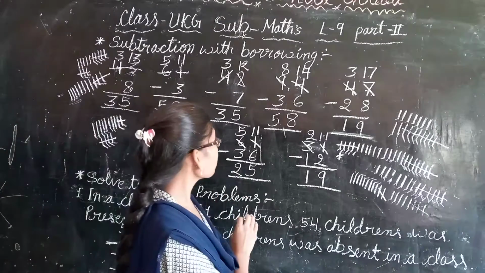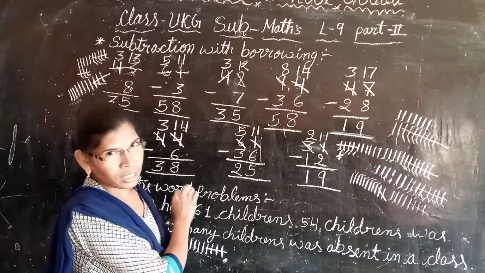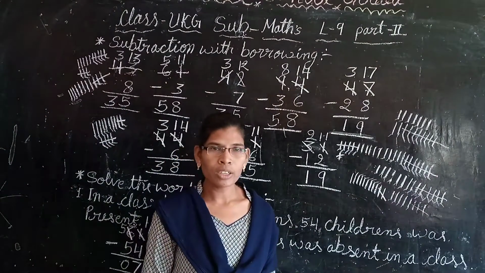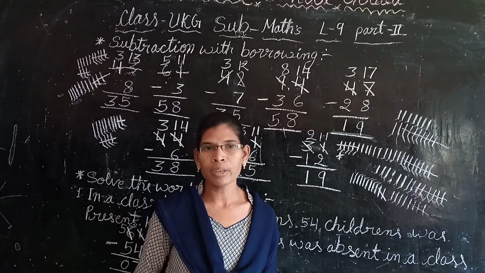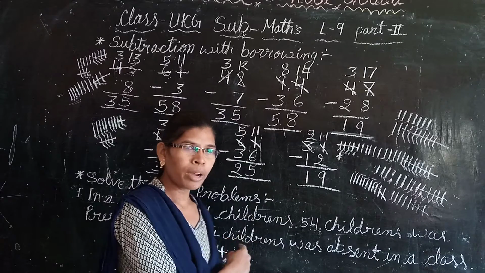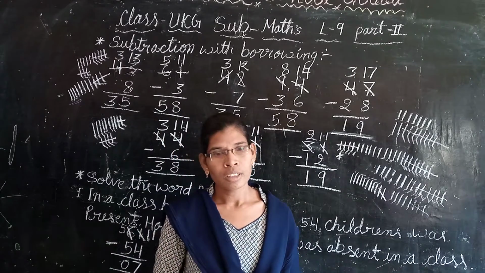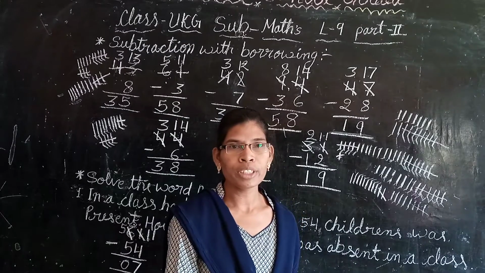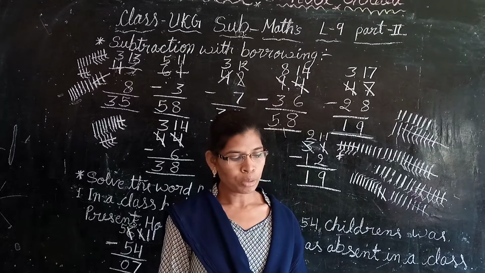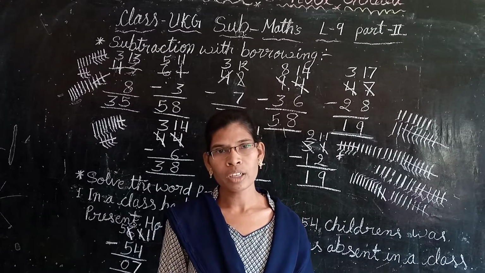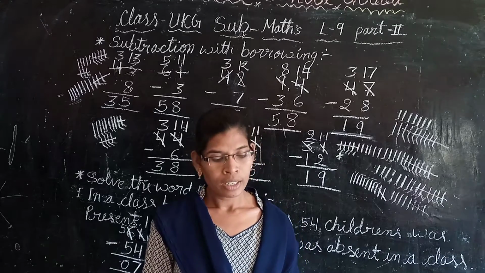So children, did you understand how to borrow in subtraction? So this subtraction is with borrowing. We have learned simple subtraction already. There is no need of borrowing the numbers there, but in this subtraction we have to borrow the numbers, then only you can subtract the other numbers. So did you understand all this borrowing subtraction? And we have the exercise from the book, so you have to do that, and I will send you homework, so you have to complete that one also. Okay, in the book also you have to do. Thank you children.